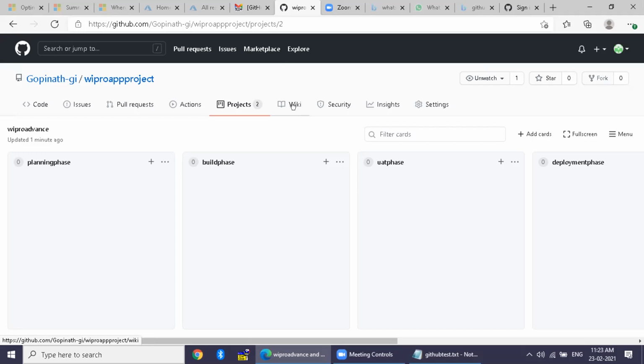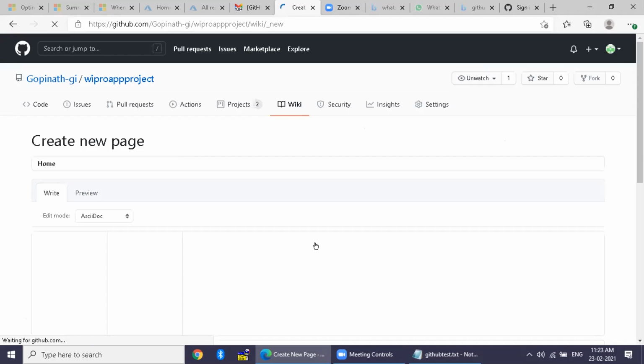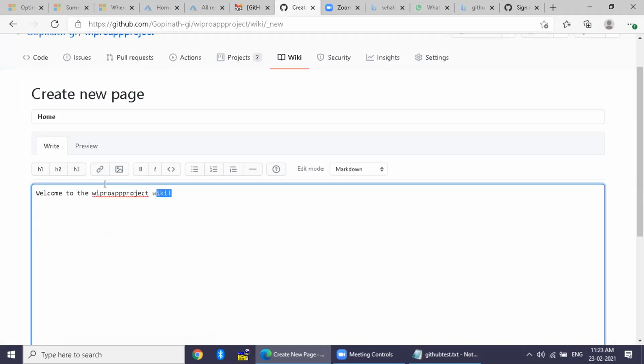You just click wiki, and now you have to click the first page. Maybe you can write the project's starting phase. Just maybe you can type something like that.